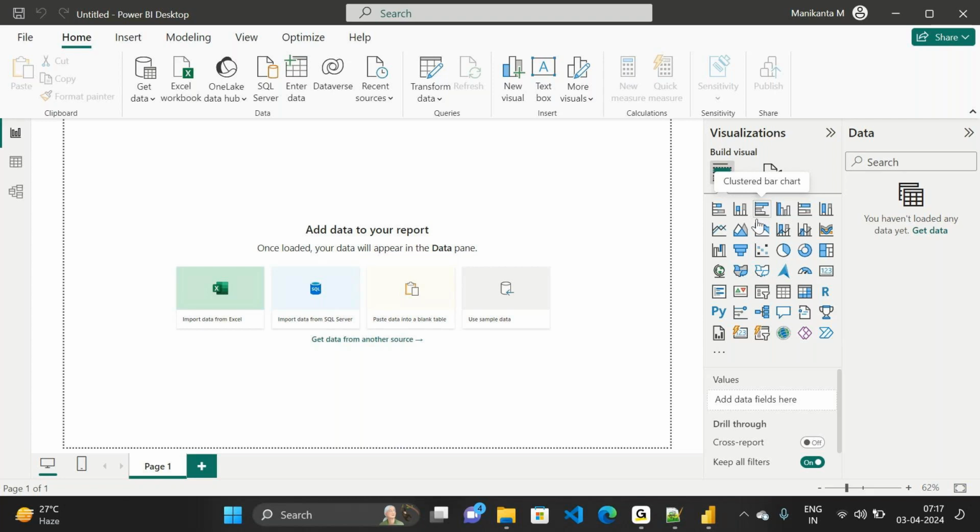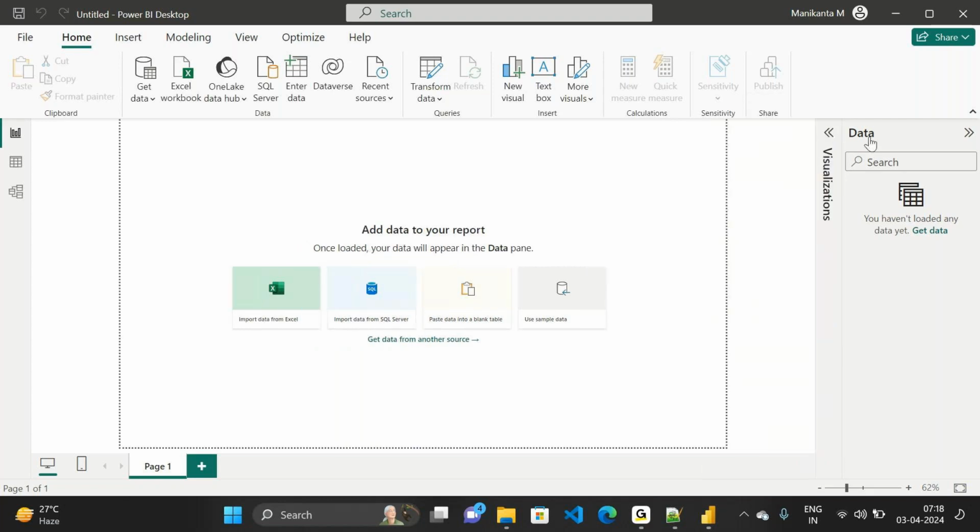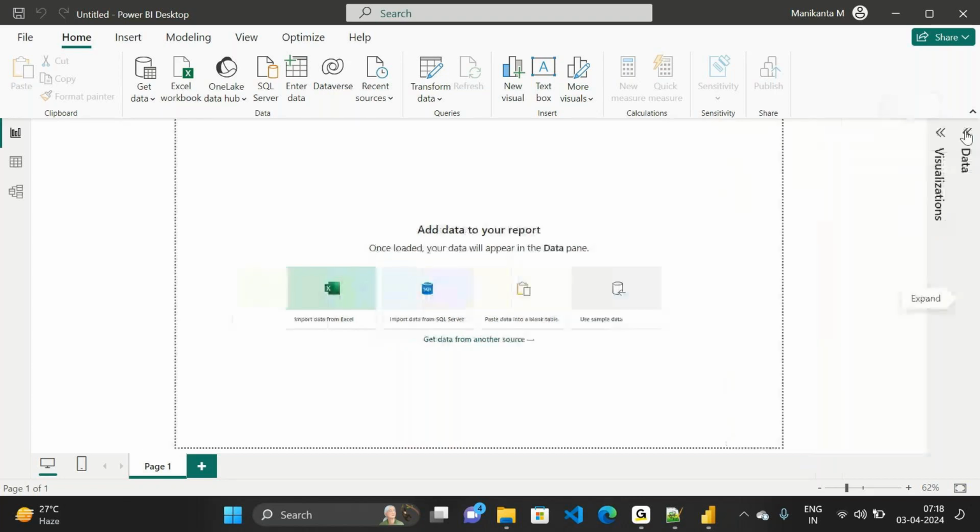So in the visualization pane, we have some visuals, and each and every visual has a specific character and a specific requirement, one after another. We can see those visuals here. Now we have seen what the data pane is and what the visual pane is. Now what we have to see is